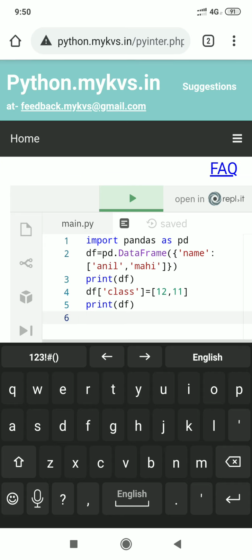After execution of df of class equal 12, 11, it will create an additional column, class, with two values. 12 and 11 will be added, and if we display df, those values along with name will be shown. So 12 will be assigned to Anil and 11 will be assigned to Mahi, just like that.